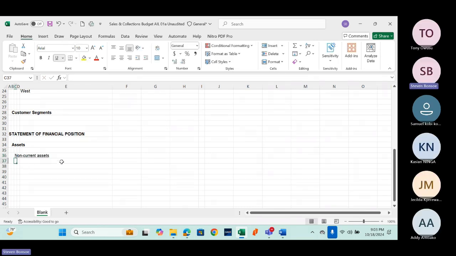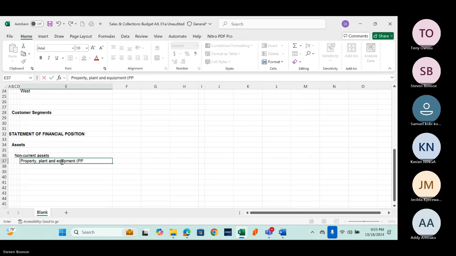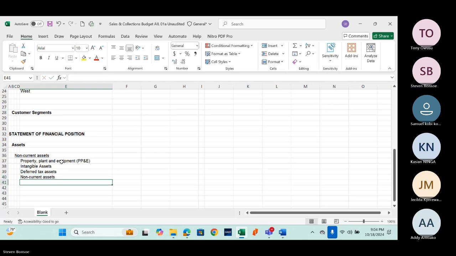Okay. And then you have another subheading called non-current assets. And then column E now houses your line items. So property, plant, and equipment. So PP&E, intangible, tangible assets, maybe your deferred tax assets, and then your non-current assets. Now you move back into column C, you put there your current assets, where you have something like inventories,